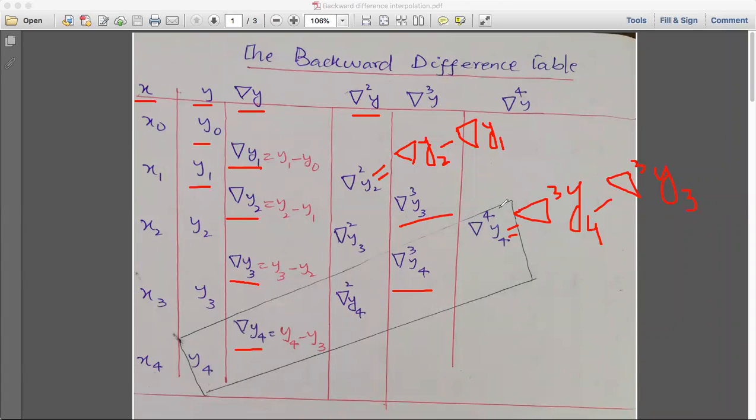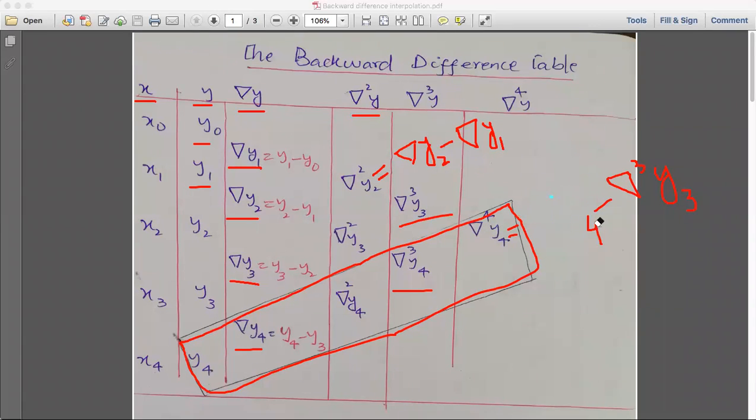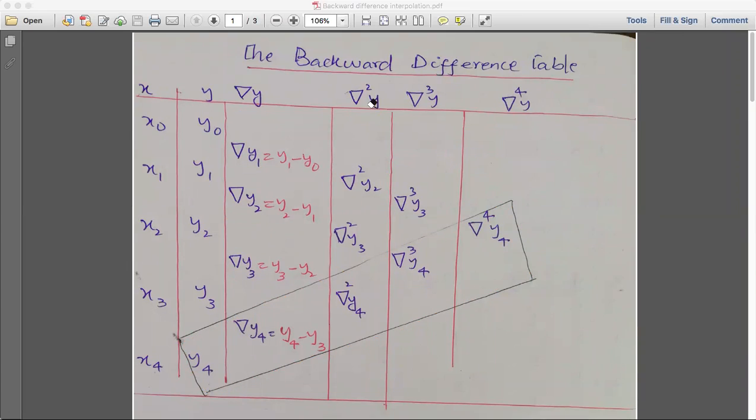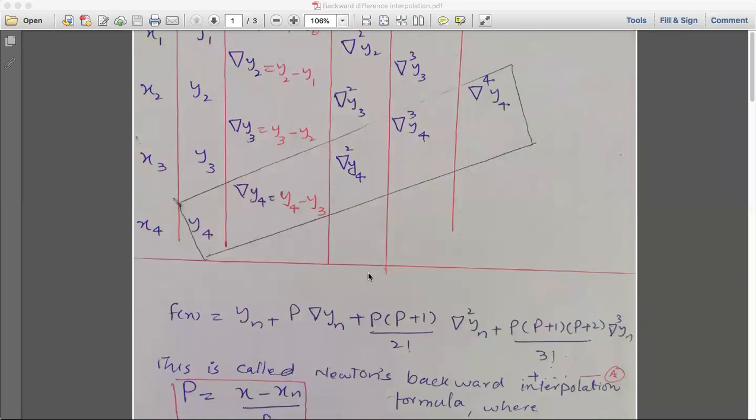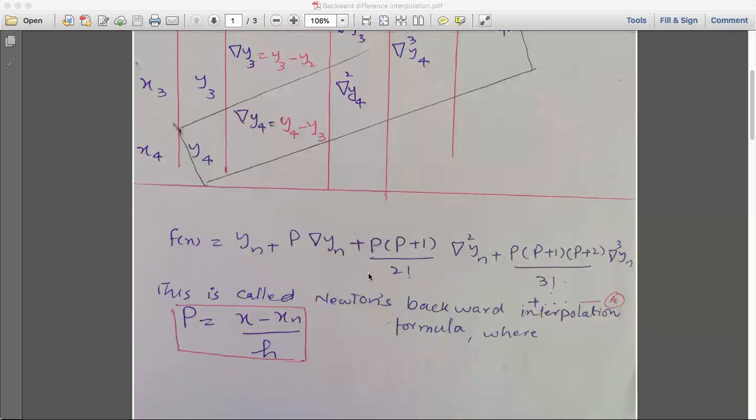And why is this encircled, this one? Because we will use these values. These values we will use for Newton's backward interpolation formula. So what is Newton's backward interpolation formula? As you can see on your screen,